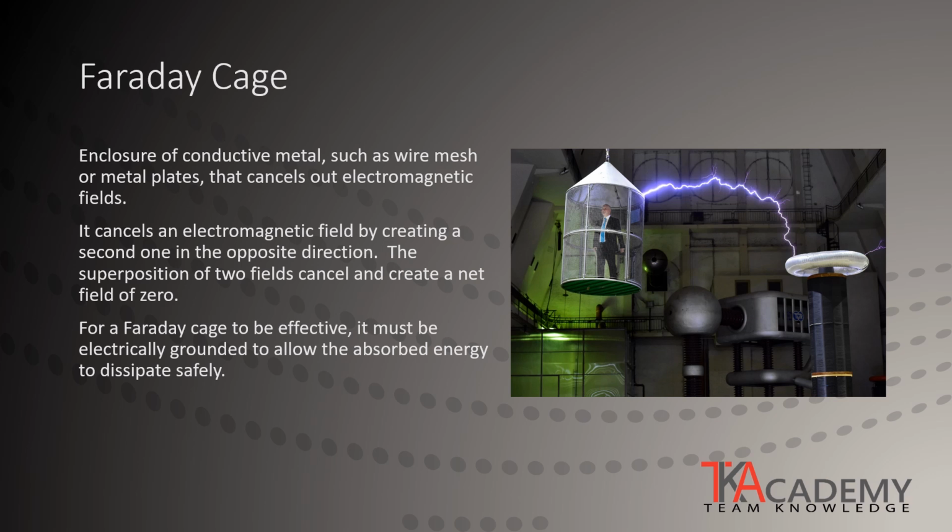For a Faraday cage to be effective, it must be electrically grounded to allow the absorbed energy to dissipate safely from the enclosure structure. This phenomenon was first observed by Benjamin Franklin, but it was Michael Faraday in 1836 that observed an electric charge only existed on the exterior of an enclosure made of conductive material, and that the charge had no effect on anything within the interior. To test this observation and to prove his hypothesis, he built a room coated with metal foil and used an electrostatic generator to strike the room with high voltage discharges. He placed an electroscope within the room to prove that there was no electrical charge present on the interior.